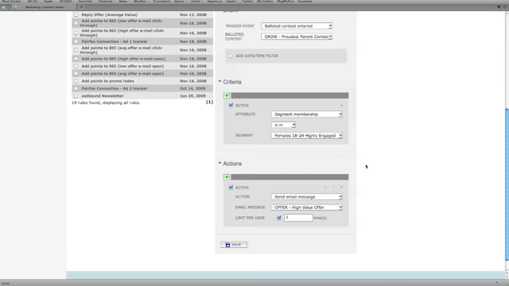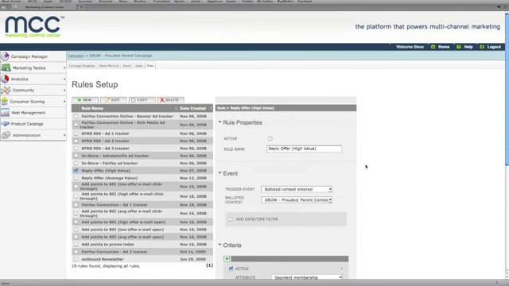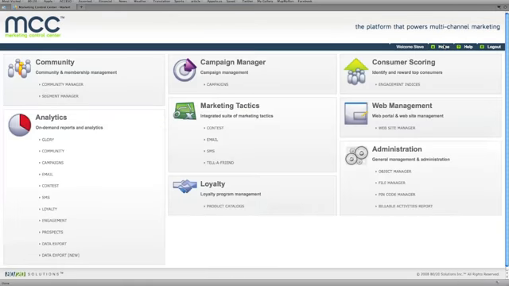So it's about how do I identify those people, and then how do I spend my marketing dollars accordingly to be able to get the best returns. Now, once I've set up this campaign, we've gone and set up this campaign in a very short period of time. Now what I can do is I can put it live into the marketplace,